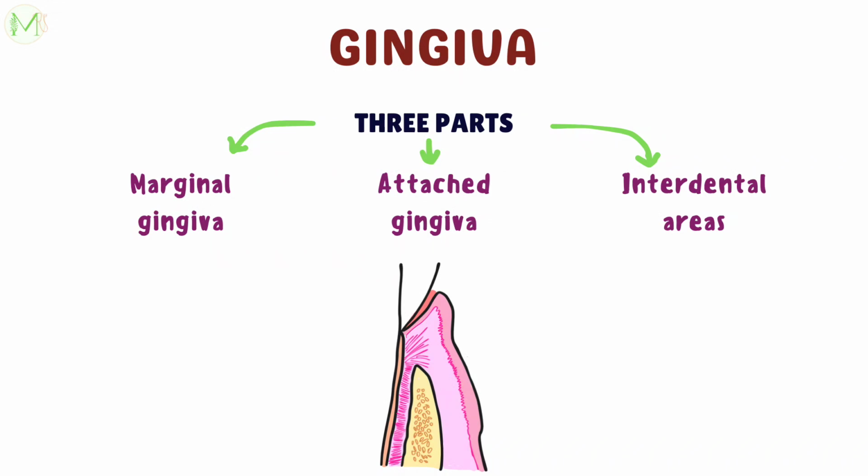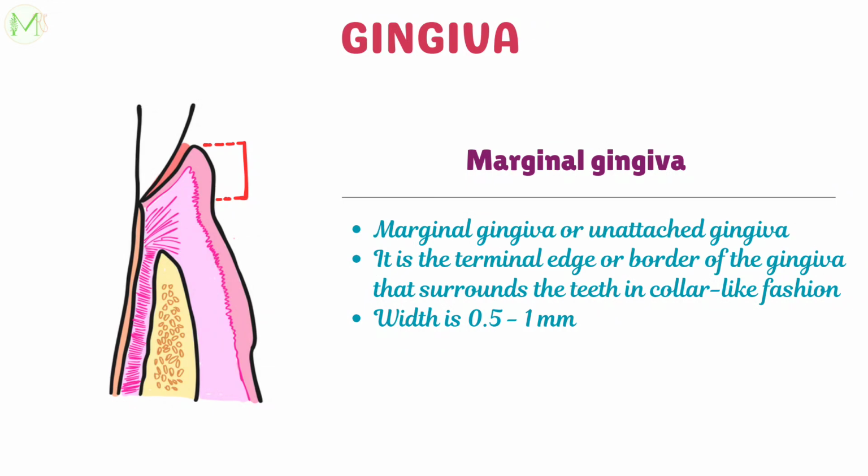Normally, in an adult, the gingiva covers the alveolar bone and root of the tooth to a level just coronal to the cemento-enamel junction. Now let's have a detailed look at every part of the gingiva. Marginal gingiva. It is also known as unattached gingiva or free gingiva. It is the terminal edge or border of the gingiva that surrounds the teeth in collar-like fashion. The width of the marginal gingiva is usually about 1 mm and it forms the soft tissue wall of the